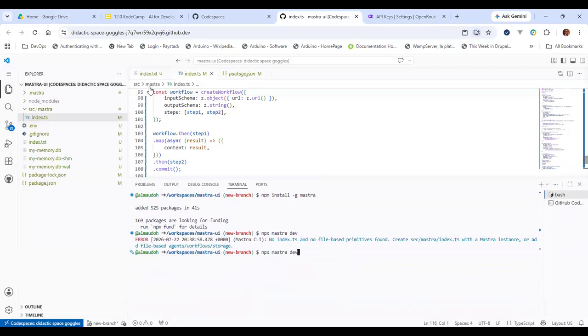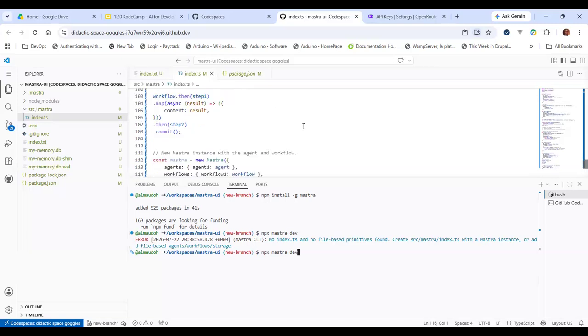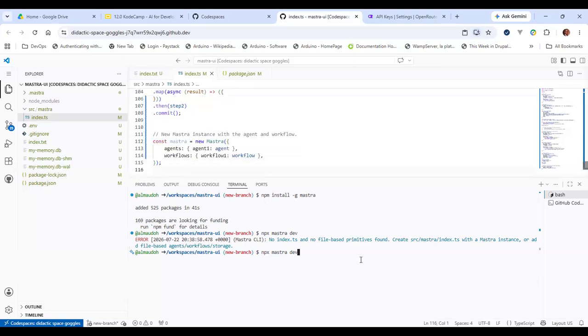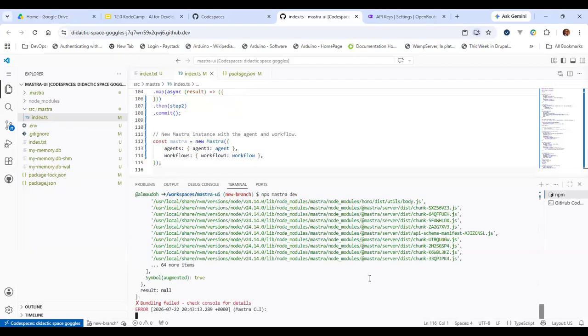This file is now in src/mastra/index.ts, which is what it is looking for. And there's a Mastra instance in there. So once you do this, then the Mastra Studio will come up and you'll be able to go in there. It's a user interface, basically. It's a UI environment that you can play around with.